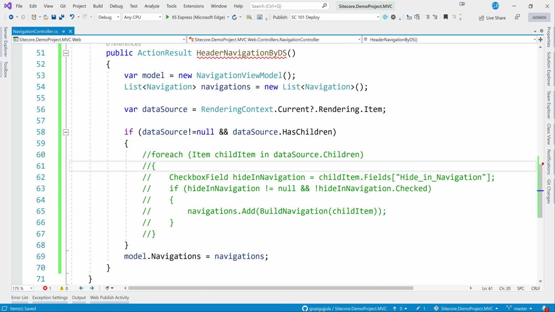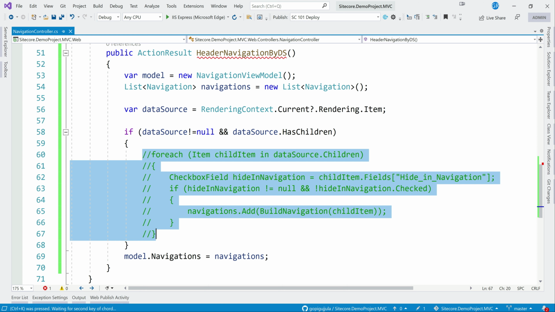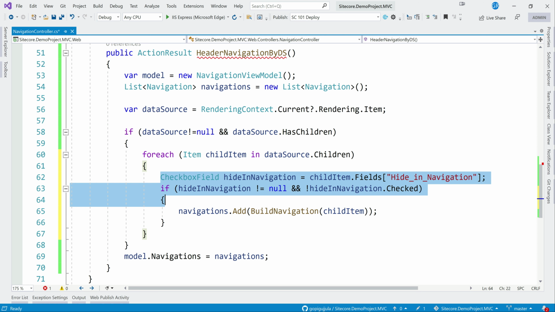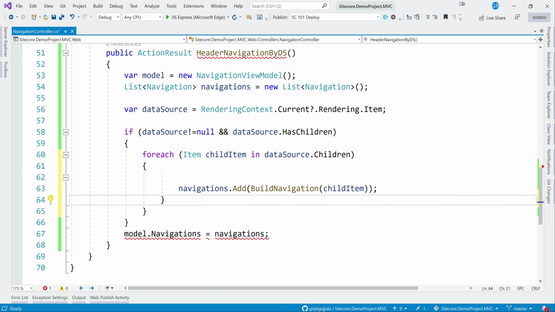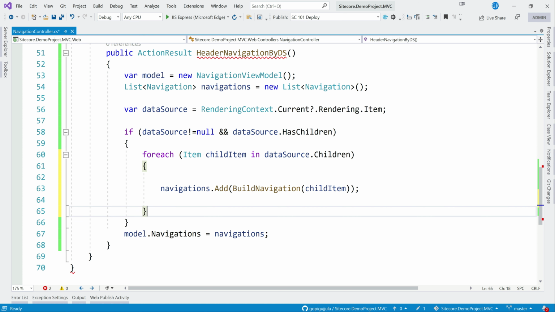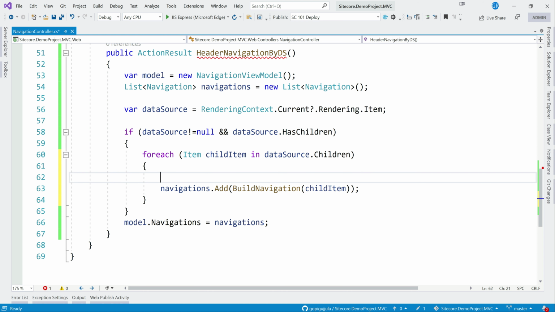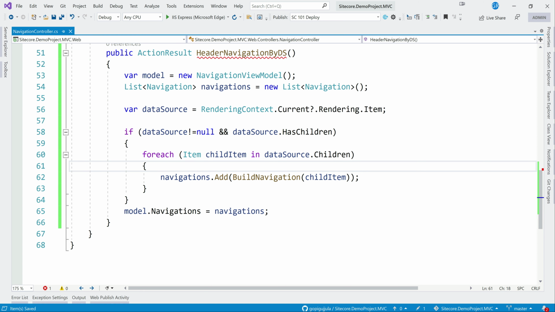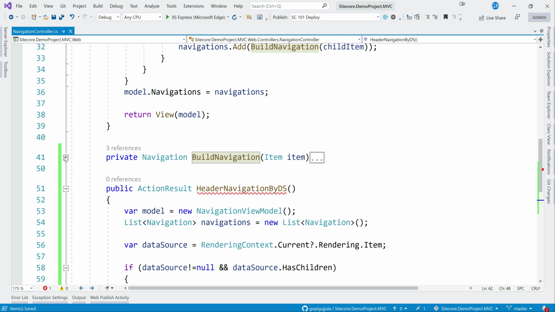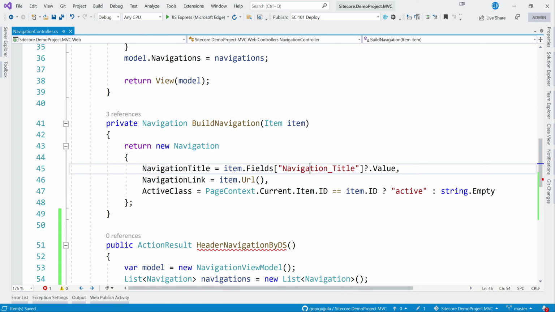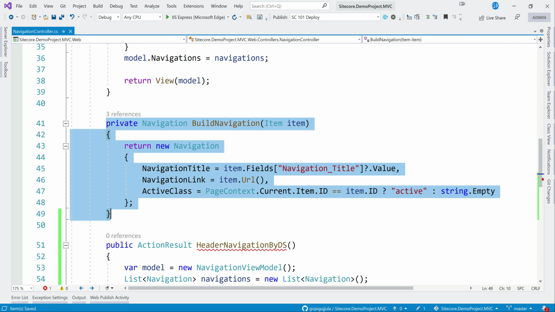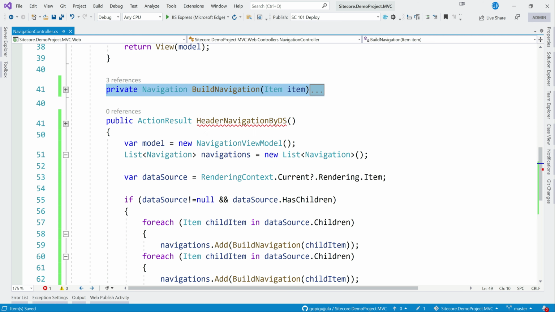Yeah, let it publish. So now we can get this same thing here, just that we don't need a hidden navigation, because if at all we don't want it, we don't create that item itself. And yeah, all it requires, because we are using build navigation, and in the build navigation it does have the item. Sorry, again I can't use this one exactly because I might need, I can add some conditions here, but if not, I just want to replicate this here itself.